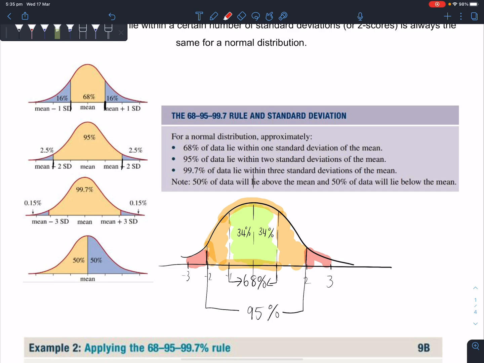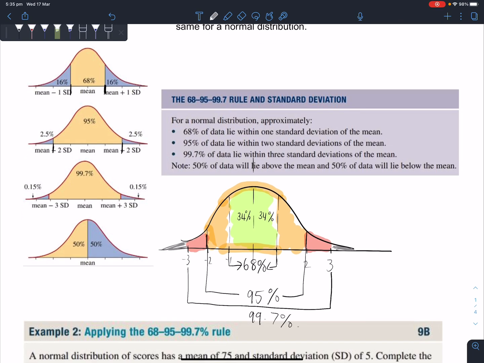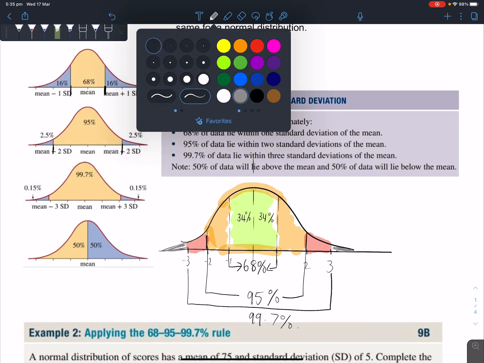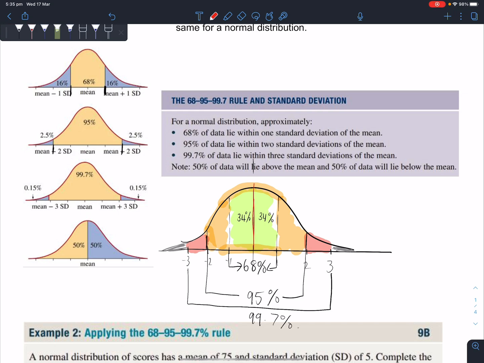99.7% of all the data for normally distributed data will be within 3 standard deviations. Obviously down the ends here, you'll be like, well, what's down there? There's a bit of overflow, a bit of data that falls out, a very small amount. We calculated that those two green bits were 34%. It's also important to note that, because this is the median and the mean, 50% of my data is on this side. That's 50%. And this here